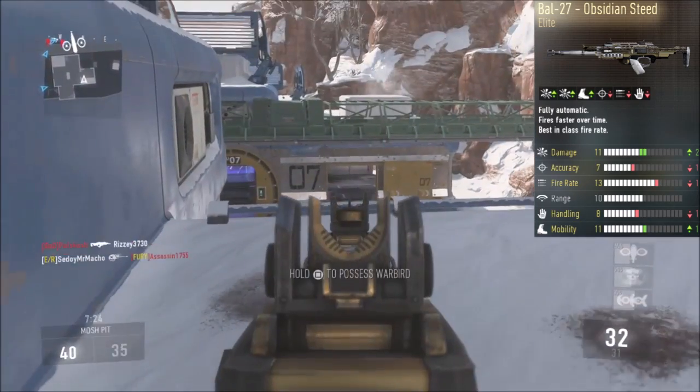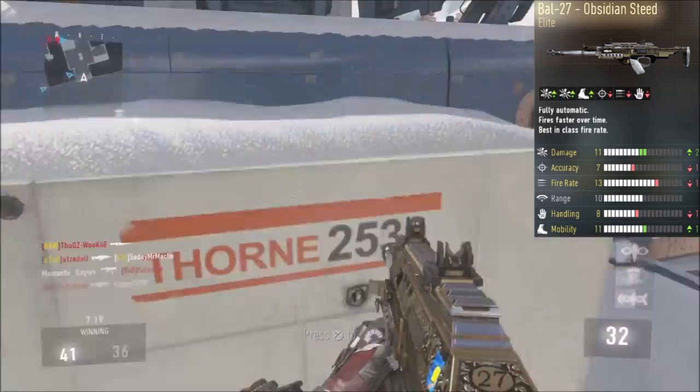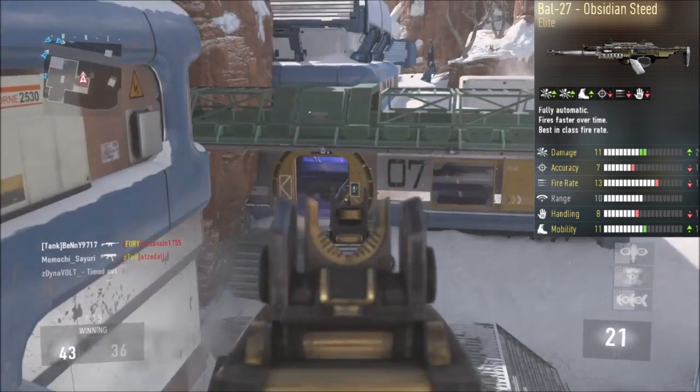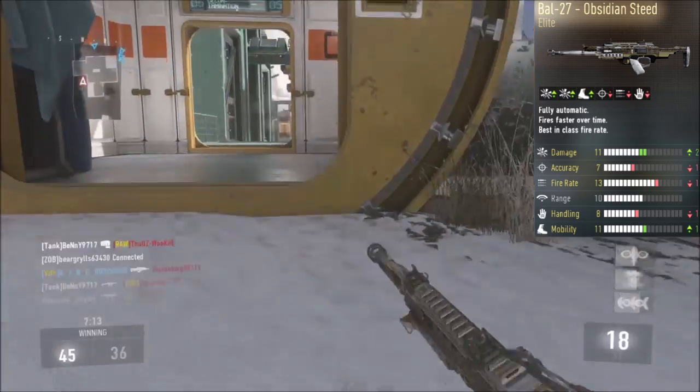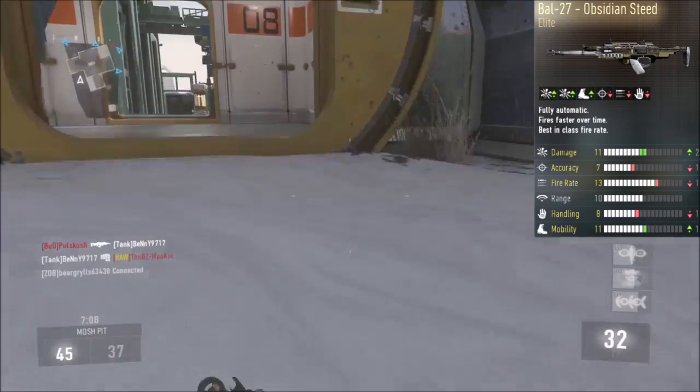they are so good. So this one, it has -1 fire rate, but the Inferno, it aids itself in having the plus fire rate rather than the plus damage, and it has a lot of minus mobility as well, the Inferno. So the Inferno doesn't zoom in as quick, but when you shoot it, it is a really fast shooter, and I think it's more of a precision weapon rather than the Obsidian Steed, because the Obsidian Steed, it feels like